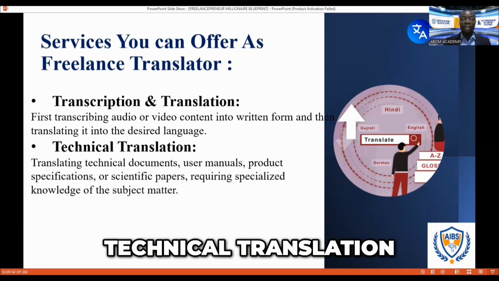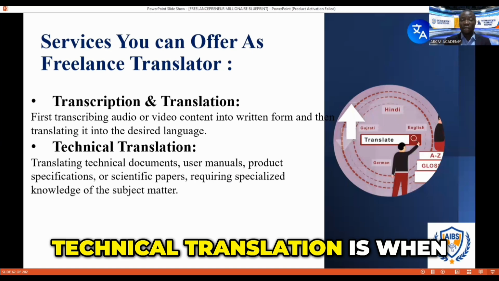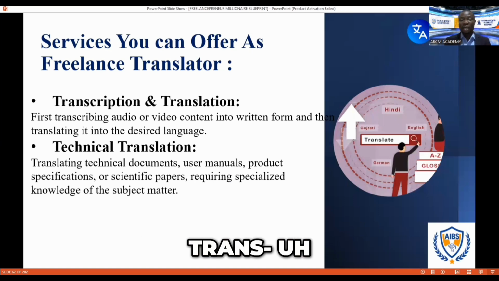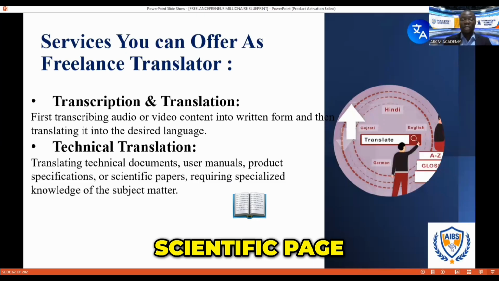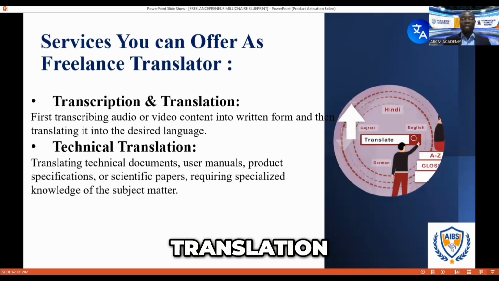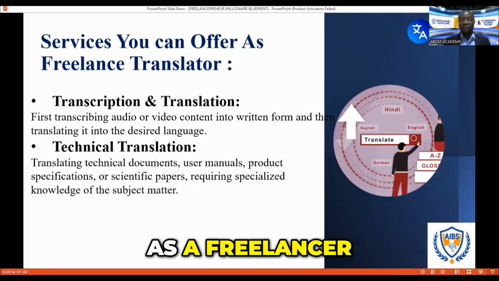You can do that. Then technical translation. Technical translation is when you are translating user manuals, product specifications, and scientific papers. All these are technical translation, which are some of the areas you can offer as a translator or freelancer.